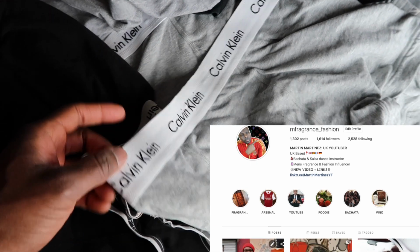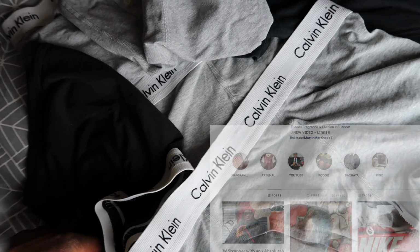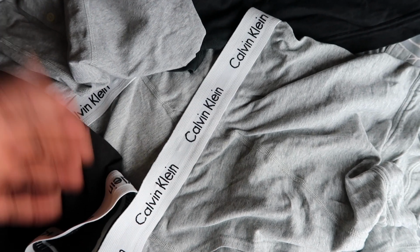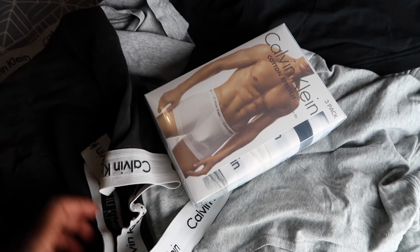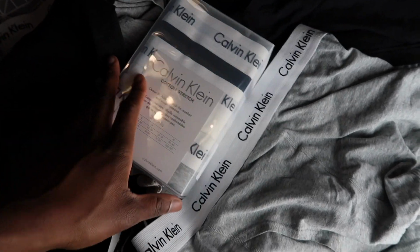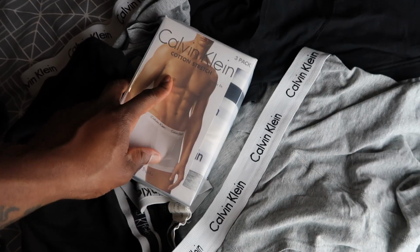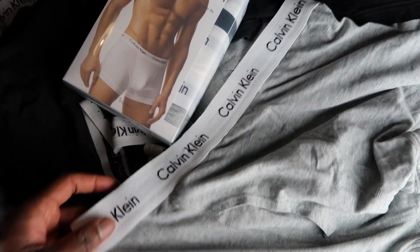For me, Calvin Klein is a brand which I don't necessarily go over the top for, in all honesty, but I do make sure that I keep the underwear on deck. Ultimately, guys, this for me is the brand that is effectively essential when it comes to men's underwear. I think they hold their shape very well. They do what they need to do in respect of keeping you supported, and equally I've never actually felt